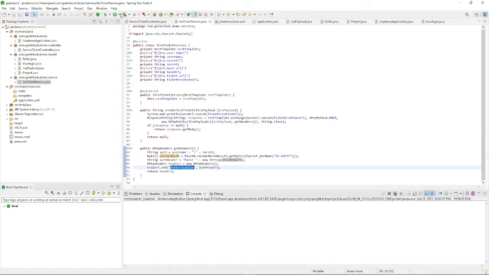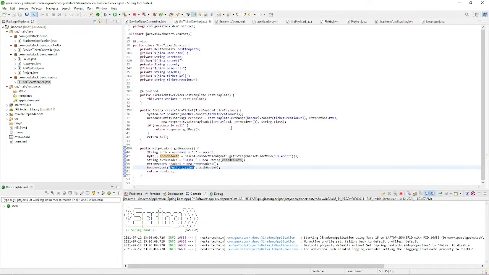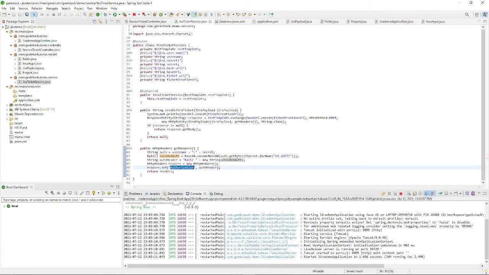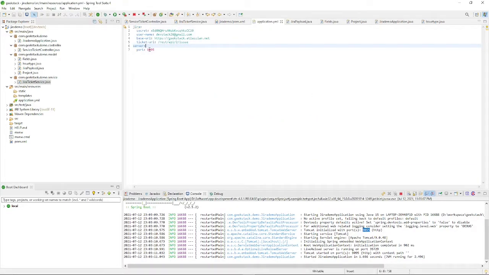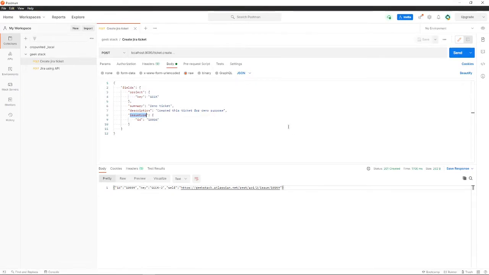Now we have to start the application. If you see, my application started at port 9095 because I have mentioned that my server port is 9095. So my Tomcat started with this port. Now we have to make a call from Postman by passing this payload. If you see, my call is a success. I'm getting this response, which is similar to the response you get while using Postman.